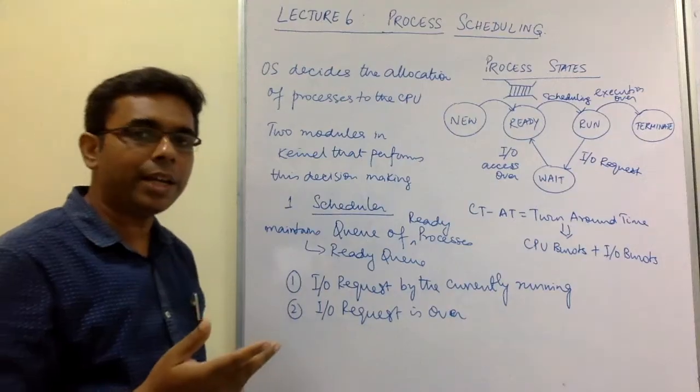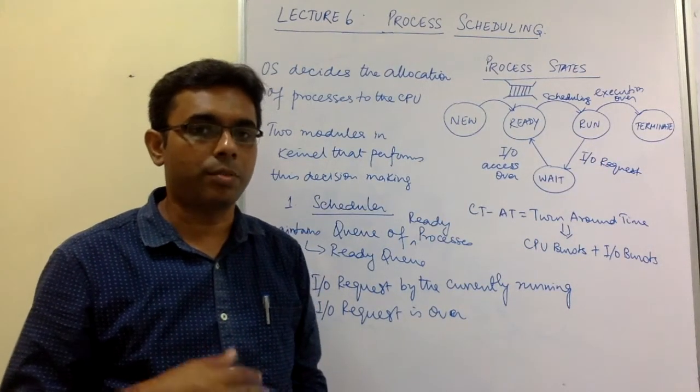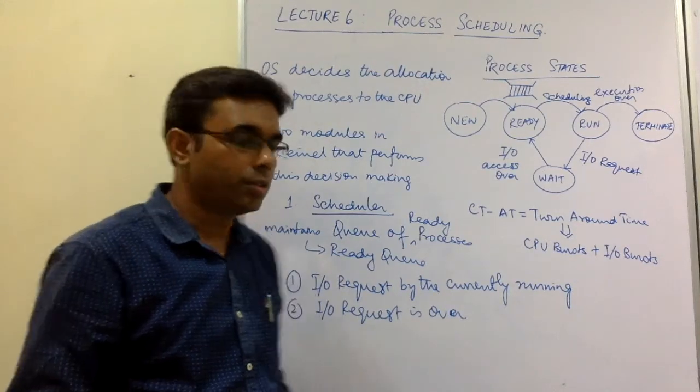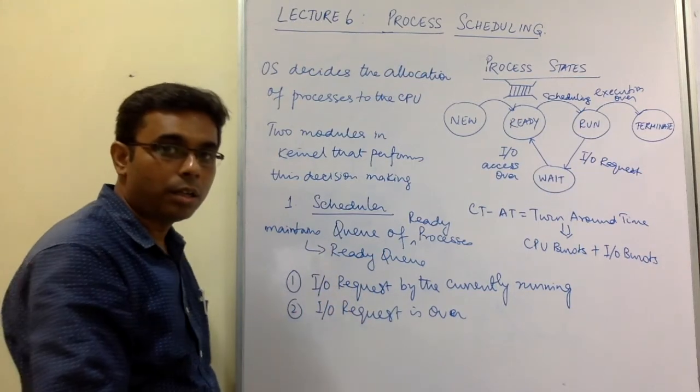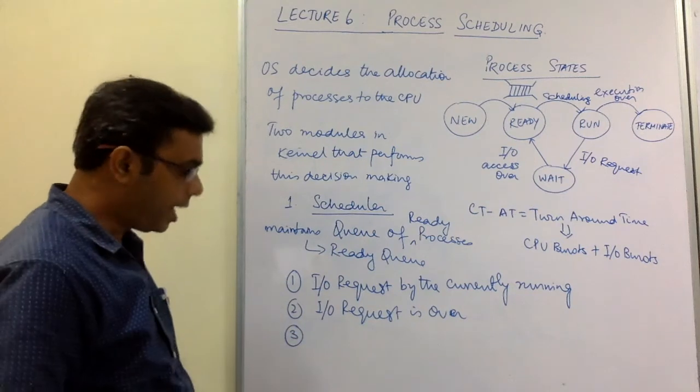So it's just an indication that, okay, I am also now one of the ready processes. So my IO request is over, please consider me as well according to your policy. So this is also the situation where the scheduler can make a decision. Okay. Then we have the third,